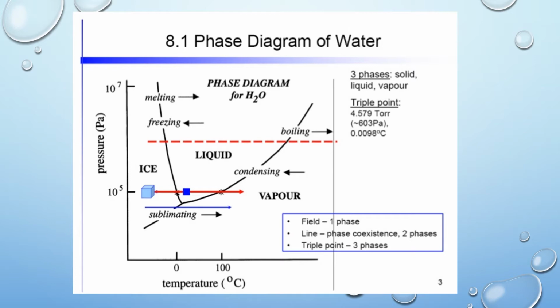Second one, solid water is in equilibrium with water vapor. Then the third one is solid water, that is ice, is in equilibrium with liquid water. And one three-phase equilibrium is also possible, that is solid water is in equilibrium with liquid water and water vapor. As the maximum number of degrees of freedom is 2, F is equal to 2, water system can be represented by a two-dimensional phase diagram using temperature and pressure as variables.